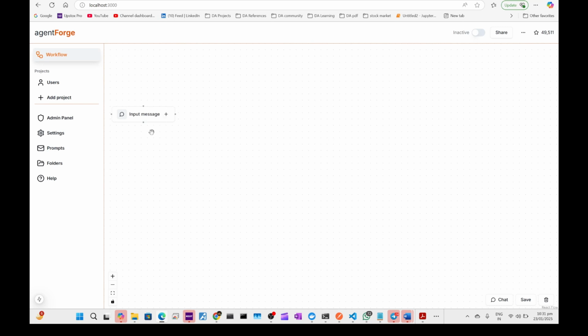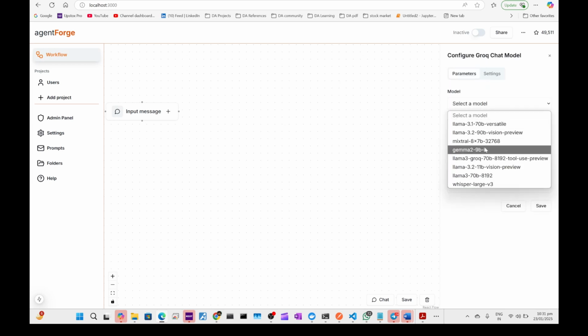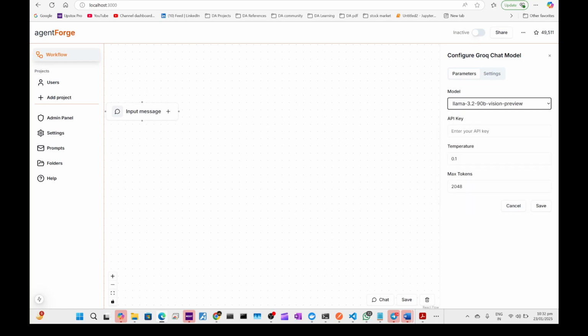So I'm trying to create an agent. It's basically a basic chatbot. I'm just clicking to create a node. Here we can integrate different services: Gmail, Google Docs, Slack. Here I'm going to integrate it with a Groq chat model. This is basically the model, and we can select different models. We have Llama 3.2, 3.1 versatile, 90 billion and 8 billion parameters, and Mixtral. Here I am selecting 3.2, and